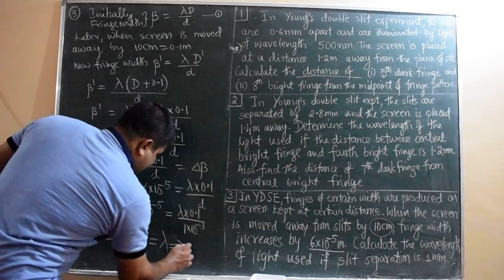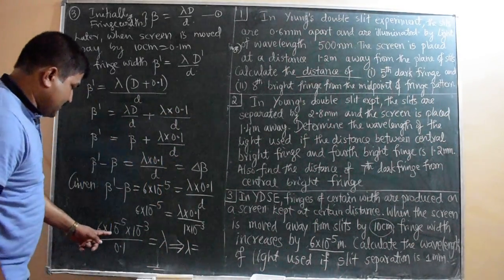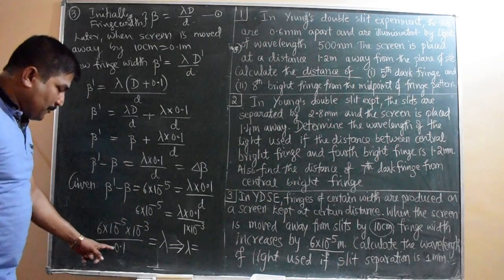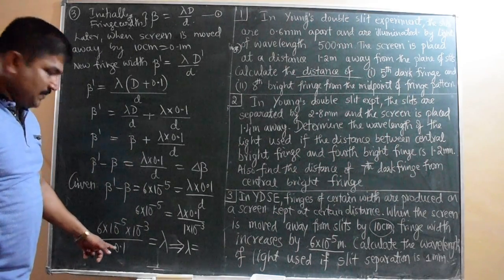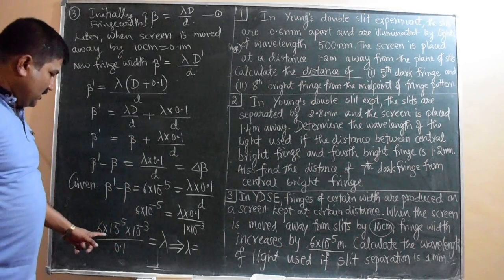So this implies lambda equals, last step, see the simplification, 6 by 0.1 is 60. Multiply by 10 here and 10 here, 0.1 into 10 is 1. So 60